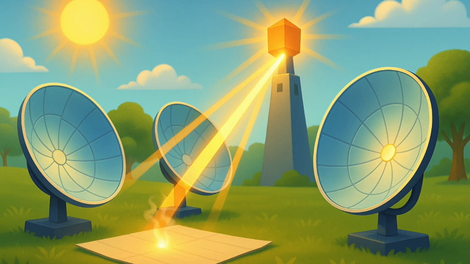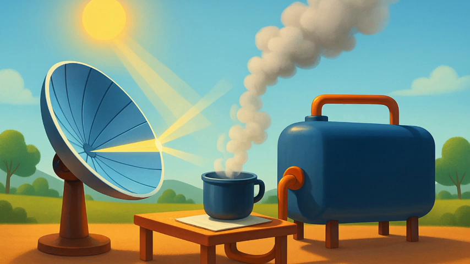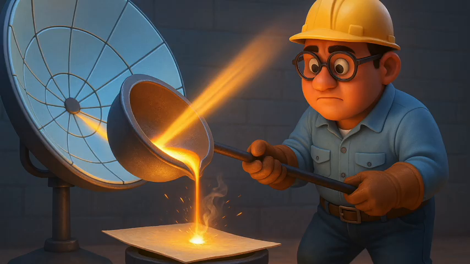A step further, devices which concentrate sunlight into a small area, using mirrors and lenses, are called solar concentrators. The concentrated sunlight is used to heat a liquid to produce steam, which can be used to generate electricity or for providing heat for various purposes, such as large-scale cooking or for solar furnaces. Solar furnaces are even used for melting steel. Do you remember learning in an earlier chapter about electric furnaces for melting steel?